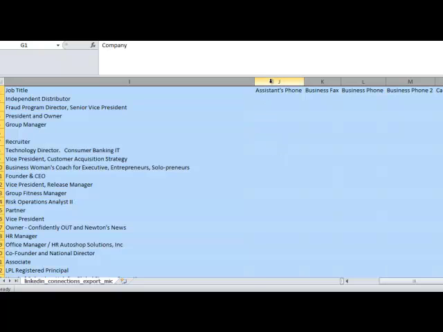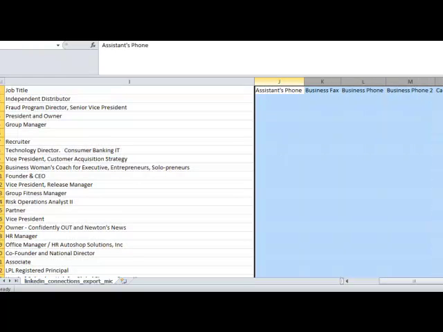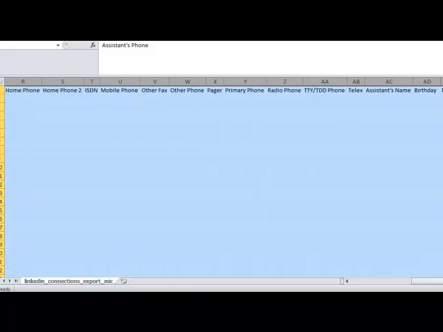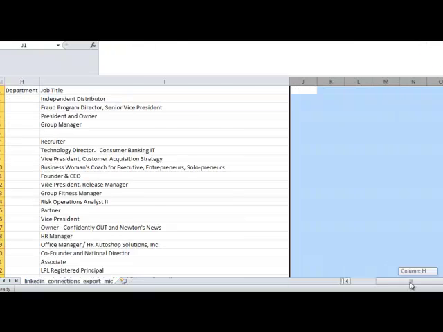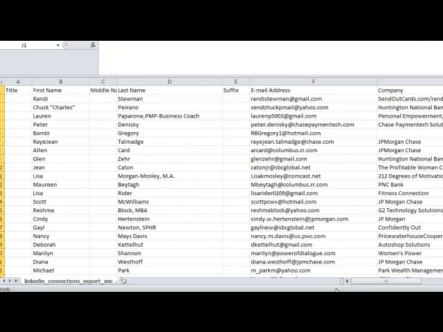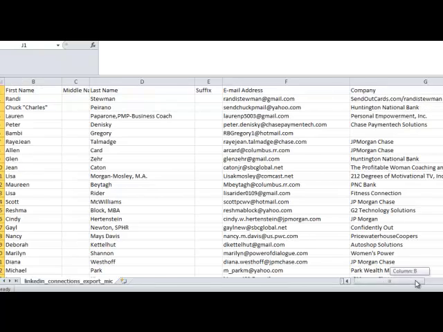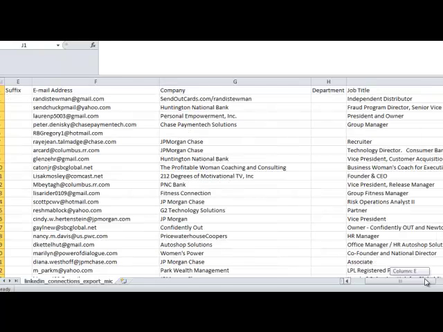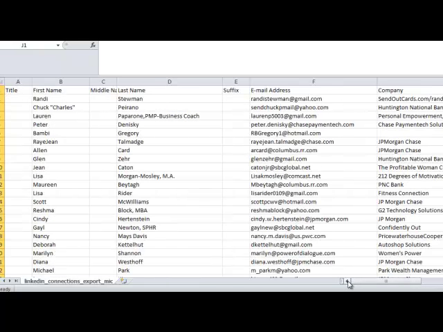And then we see more columns of information: fax, car phone, mobile phone, birthday, spouse, web page. All of those columns, at least for my contacts, are blank. So I'm going to get rid of all of those. What that leaves us with is a nice clean Excel spreadsheet that has first name, last name, email address, company, and job title. This is likely all the information that you want or would need in order to contact these folks separately. So let's